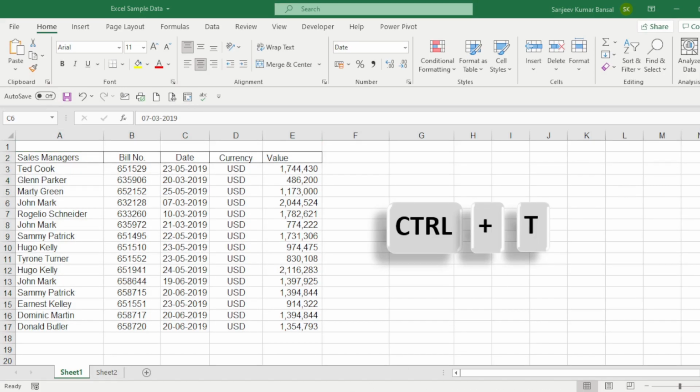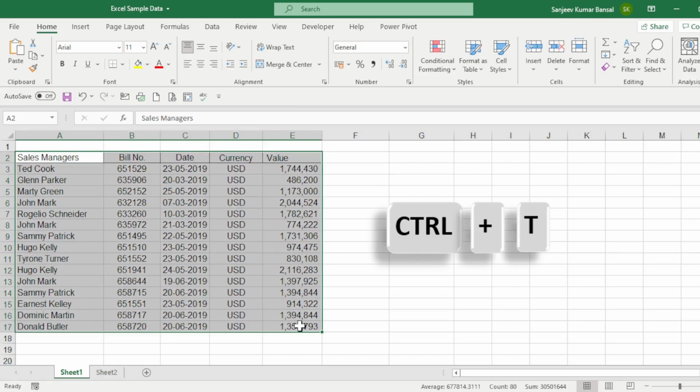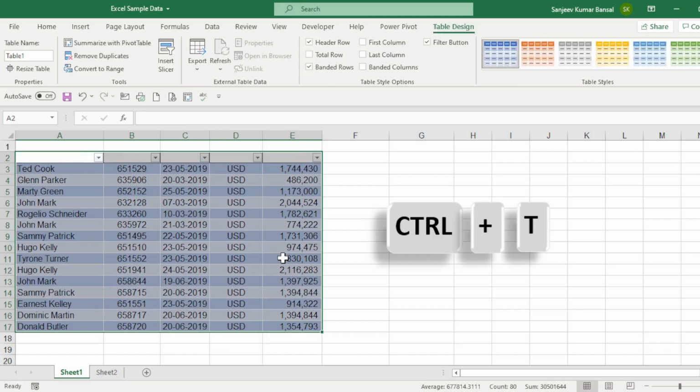If you want to convert your data set into a table, then hit Control T. Select your data and press Ctrl T. This will be converted into a table. This is your table.